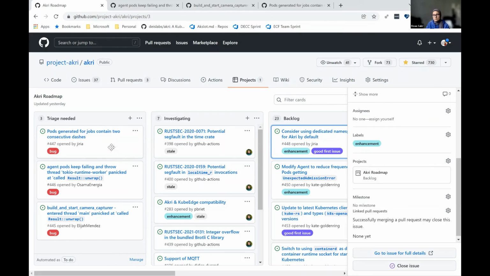So we've got a few bugs to end up with here. This one, pods generated for jobs contain consecutive dashes. It seems to be specific to a very specific version of Kubernetes. I think there's some conjecture that there's a problem in Kubernetes that has been fixed in more recent versions.